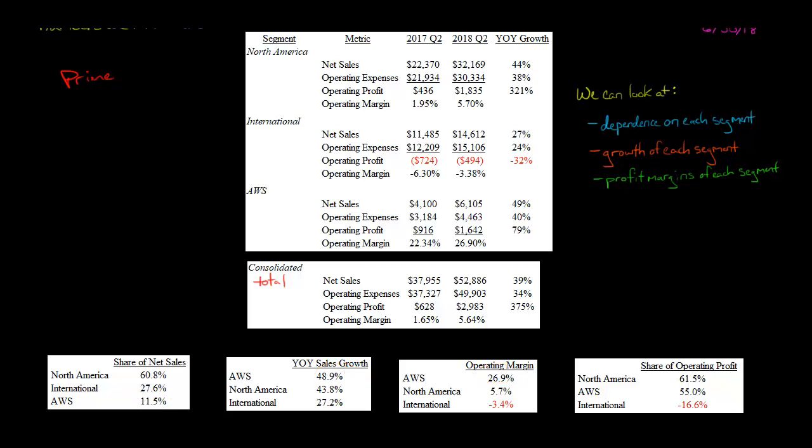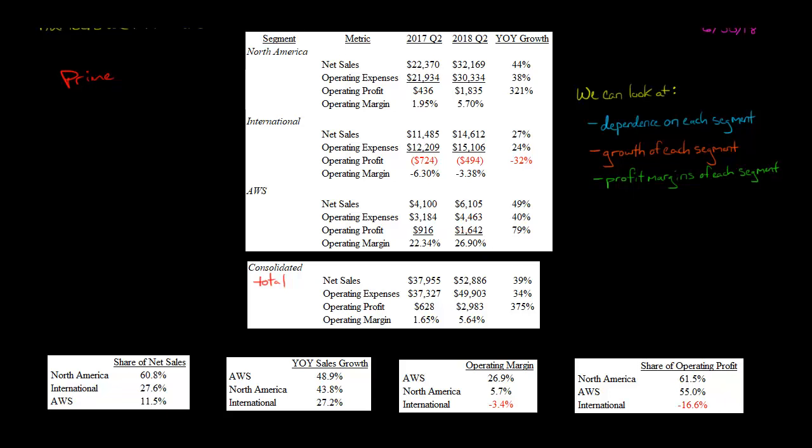And we're already seeing some of the effects of this, because if you look at Amazon Web Services, it is responsible for 55% of Amazon's operating profit. Okay, so if we look at the operating profit, $1.6 billion, it almost has the same amount of operating profit as all of Amazon North America, even though Amazon North America has $32 billion in sales and Amazon Web Services is just $6 billion. It's a lot less in terms of the total magnitude of net sales. It almost has the same operating profit because it has such a higher margin.